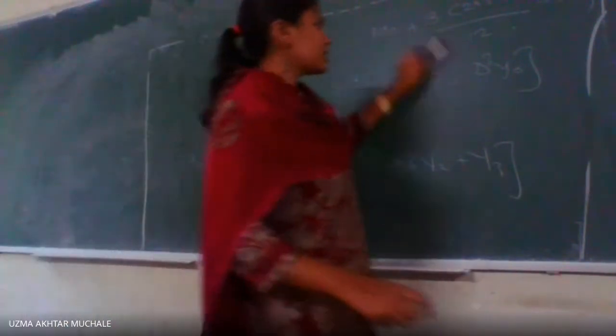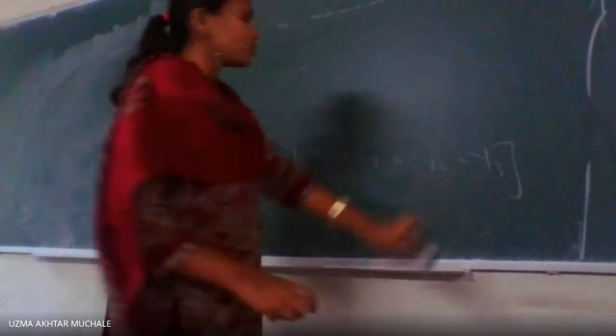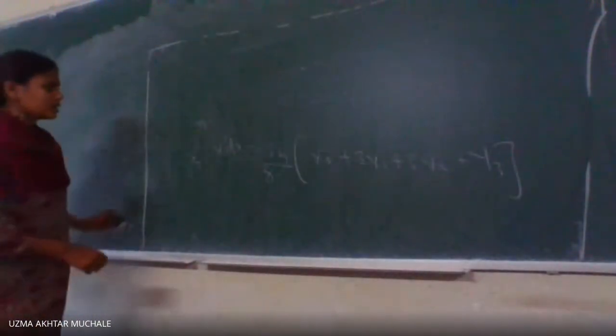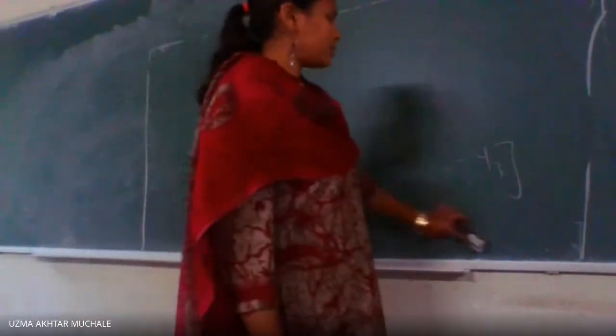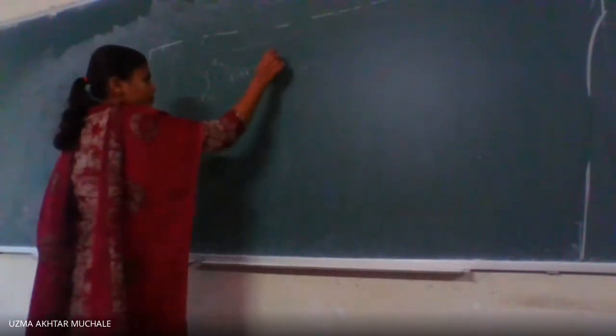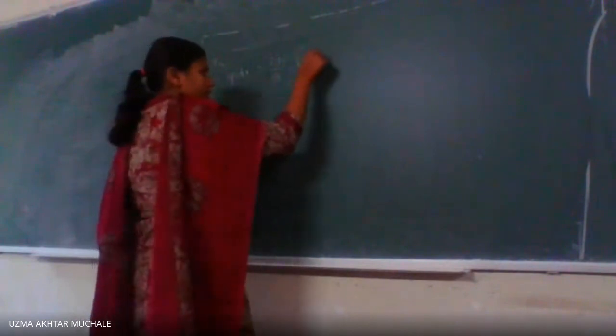Now you have to evaluate for x3 to x6. The last one is x(n minus 3) to xn. Okay, I will leave it for you. And finally, we can write the general formula, with all the terms with three times. We will write it as integration x0 to xn y dx is equal to 3h by 8 into y naught plus